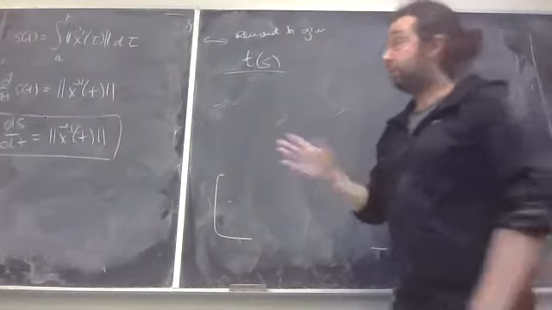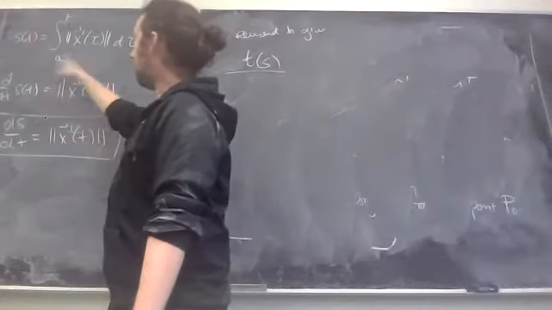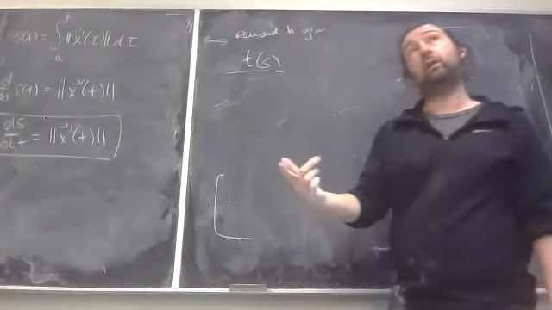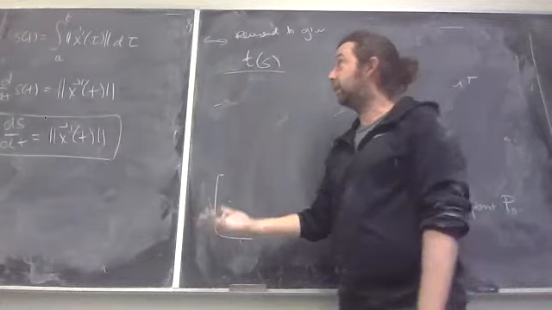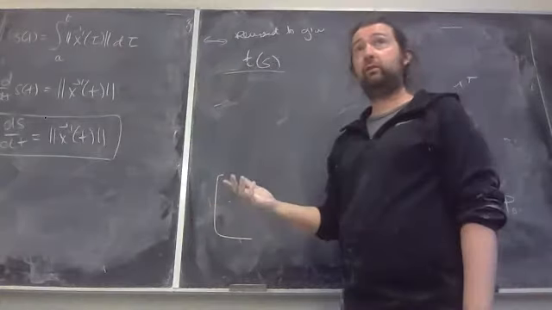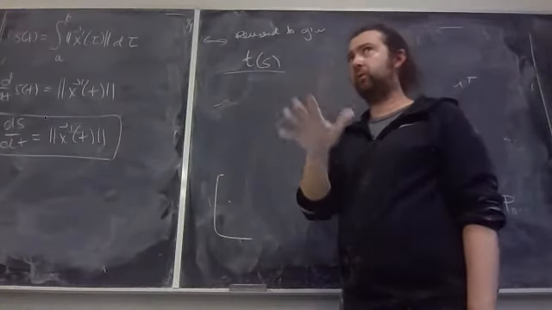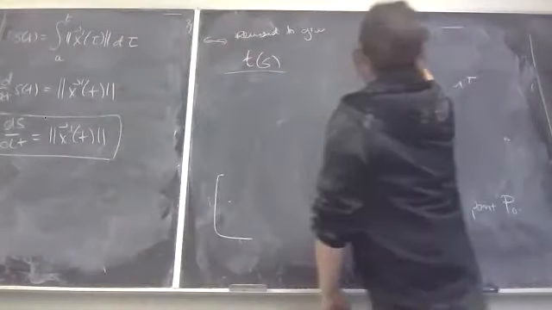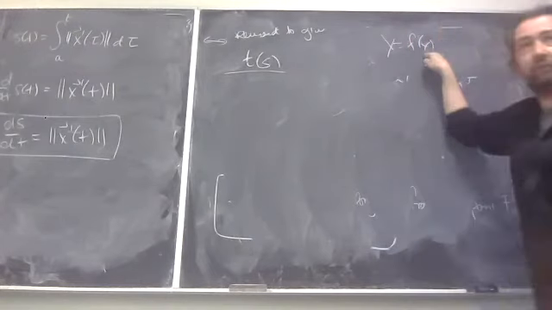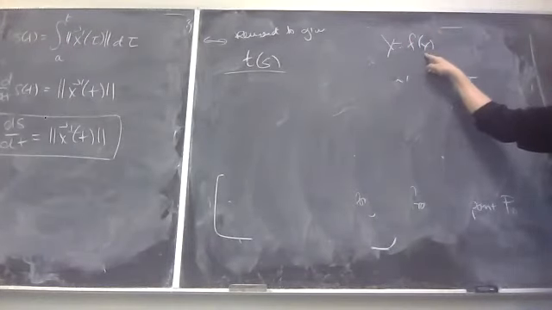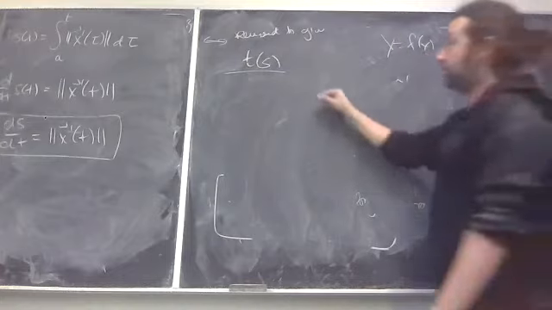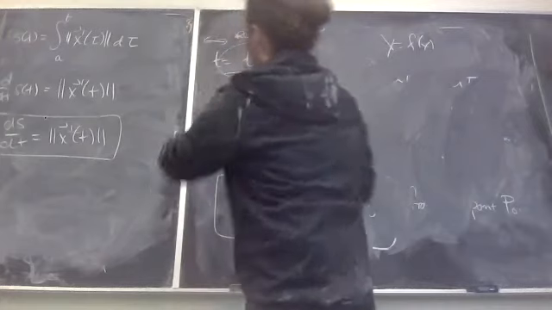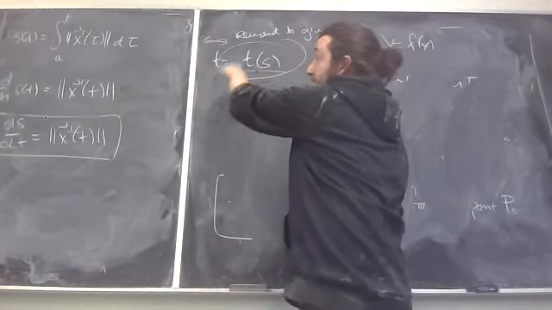So in theory, this gives us a relationship between time and length. s of t measures how far along the curve you are, and t measures the time that it took you to get there. In theory, that's a reversible relationship. This is kind of a weird move, but it's important. I can reverse this in the same way that if I had y equal to some f of x, for many functions you could solve for x and get some crazy function in y out the other side. If you can solve for t so that t becomes a function of s by that relationship,